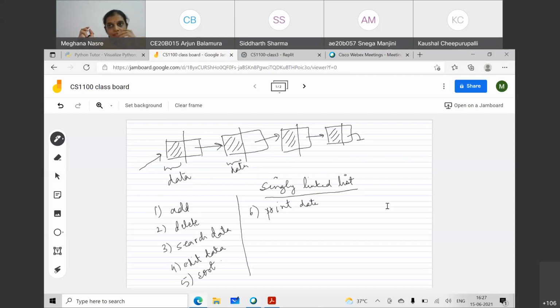So instead of having a complicated item as data, which can be a big structure, we can have a singly linked list of simply integers.